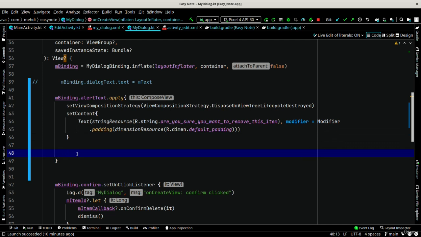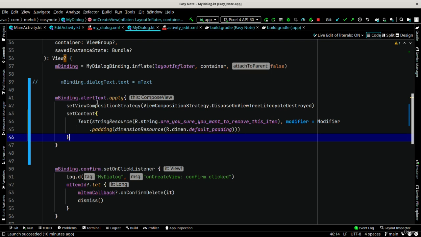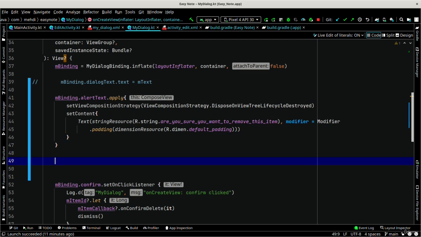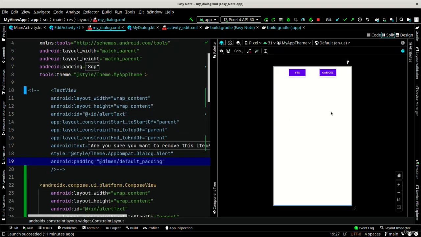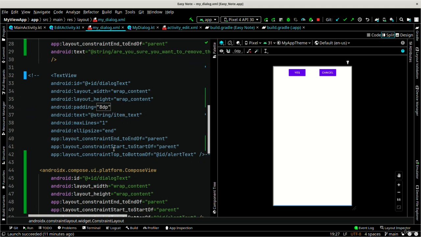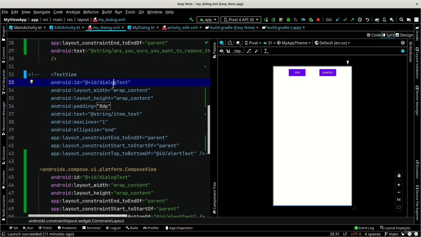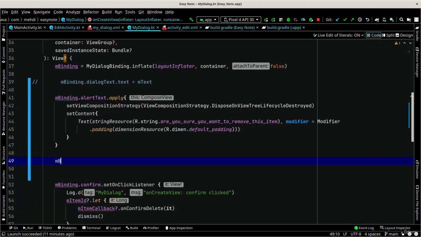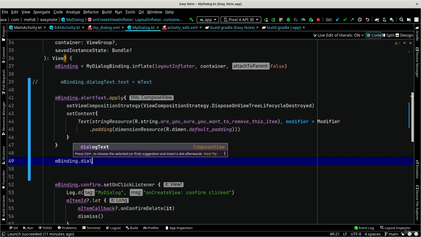Now we are done with the definition and with the content setting of our alert text ComposeView. We basically replaced it with a composable that sets its content. Next, we are dealing with the body text, with the text of the message, and it's called dialog text. So mBinding.dialogText,